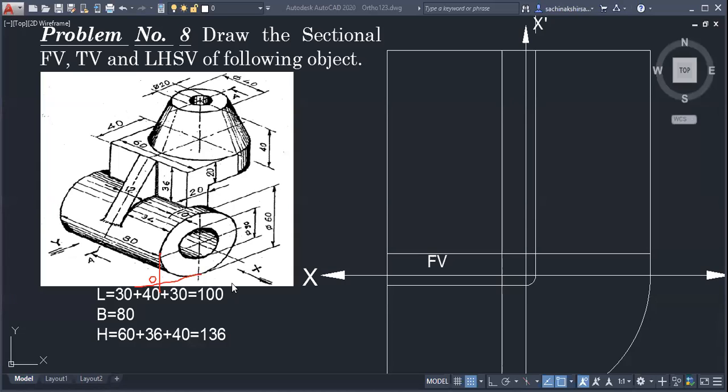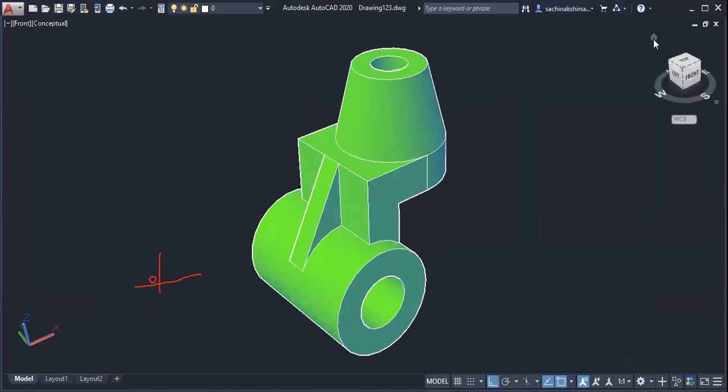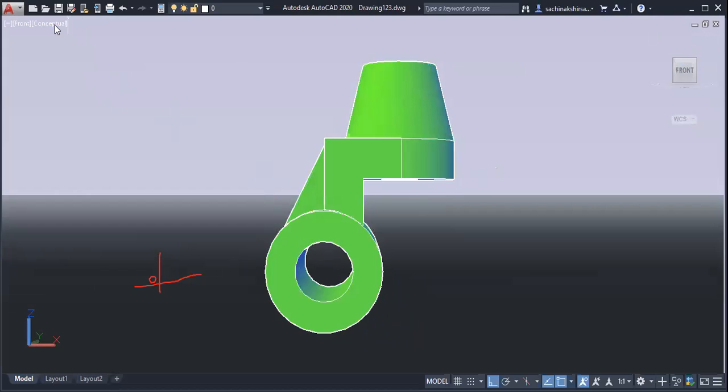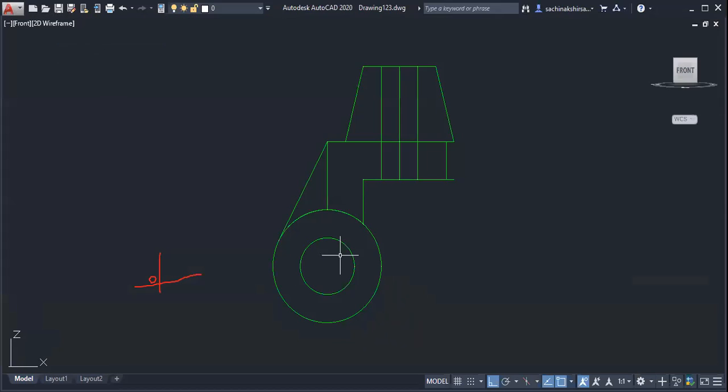So which things are going to come? Once you see the front view of the cylinder, what will come? Let us draw the front view of the cylinder first. Now just concentrate on the cylinder. So it is like this. This is the object. Once you see the cylinder from the front, two circles are going to come. Are you getting? Two circles are going to come.